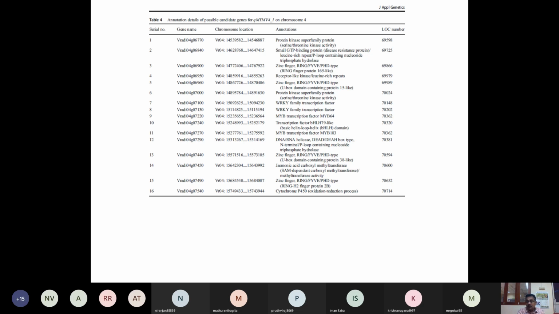Anyhow, this evening we will have a class to teach you BLAST2GO, how to annotate the sequences of a particular region. So when you narrow down a particular QTL region, you have to annotate the region. What are the probable candidate genes present in it? Then you can work on that.